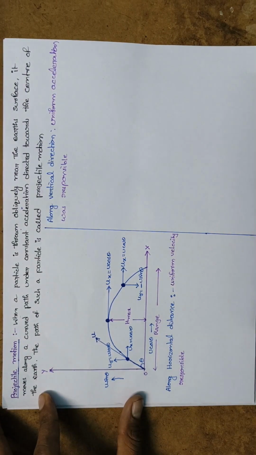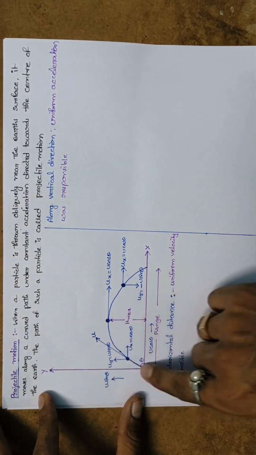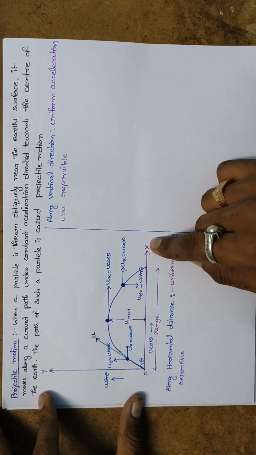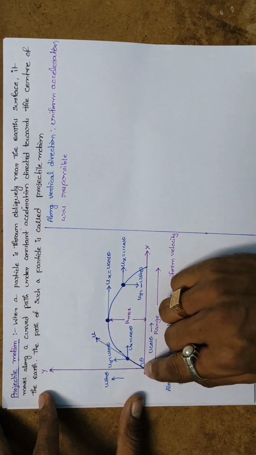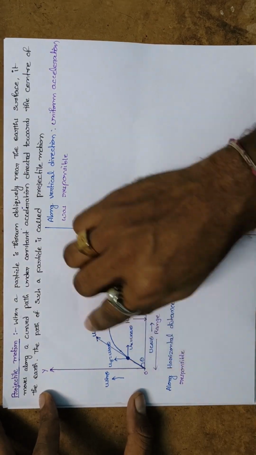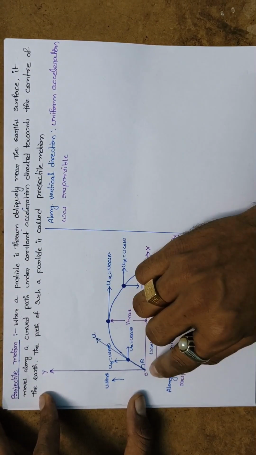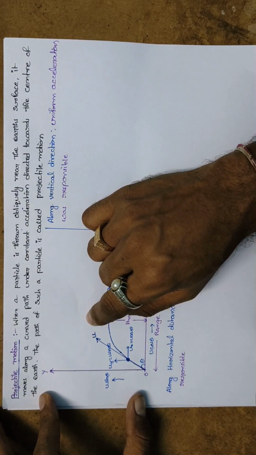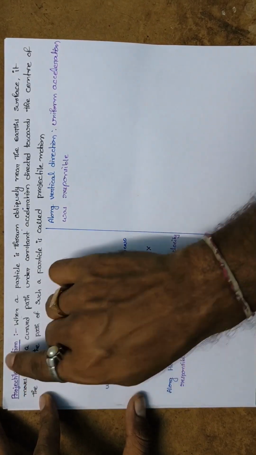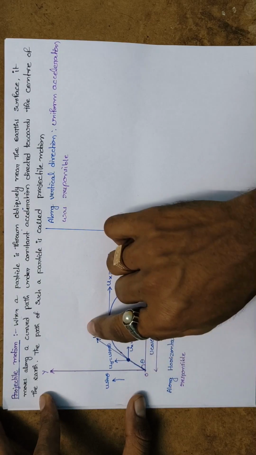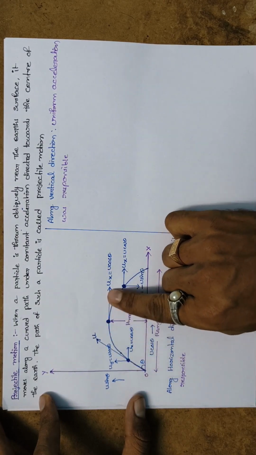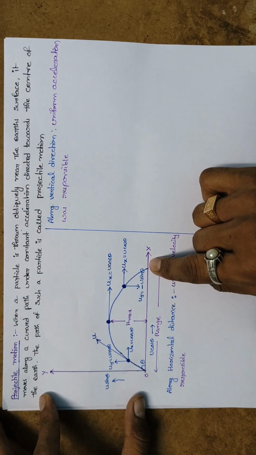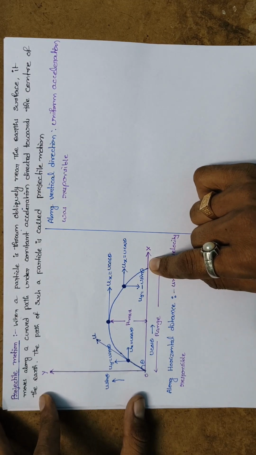Okay, so let us come into the diagram. So I have a two-dimensional plane here. One is along the x-axis and this is along the y-axis. Okay, so there is an object which I am projecting with some initial velocity u. So this is the direction of projection. According to projectile motion, whenever a body is projected in this direction, definitely the particle will move like this and finally touches the ground somewhere, isn't it?